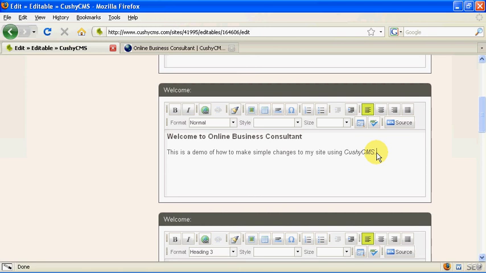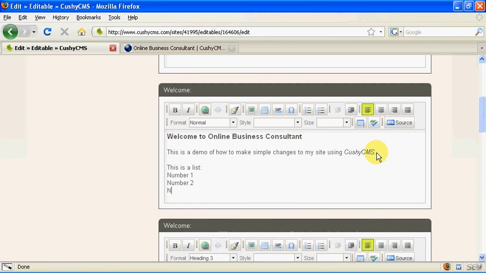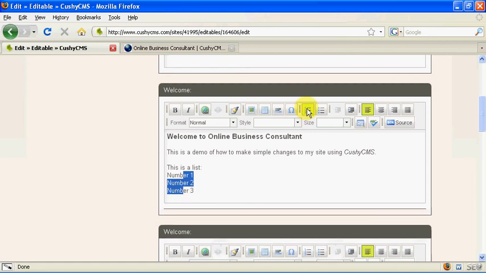Other things that you're very familiar with, I imagine, is making lists. Highlight your list, and if you want a numbered list, click on the numbered button. If you want a bullet list, click on the bullet points. When you finish making your changes, scroll down the page